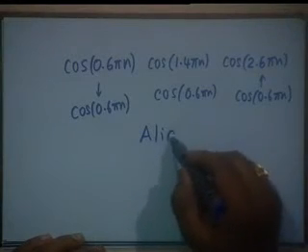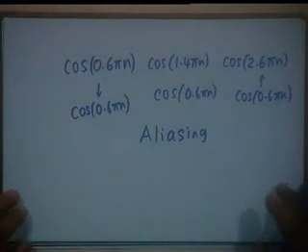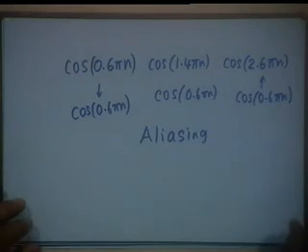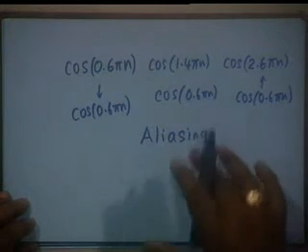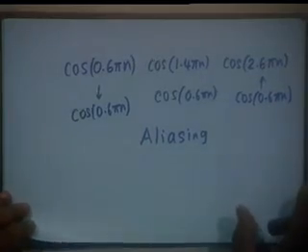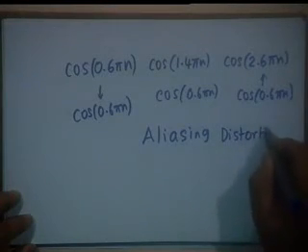Higher frequencies pose as low frequencies, and this process is known as aliasing, a term usually used in criminal language. So and so, a terrorist, alias so and so, alias so and so. Well, it is the same idea that has been taken here, that is higher frequencies, not a criminal. I mean, it could be as good a signal as the lower frequency one, but they pose as if they are lower frequencies, and the distortion due to this factor is known as aliasing distortion.